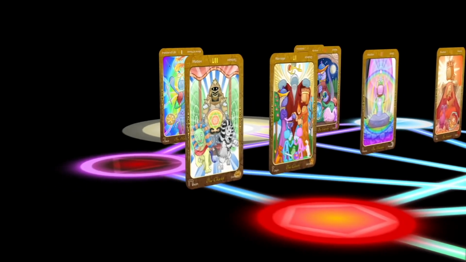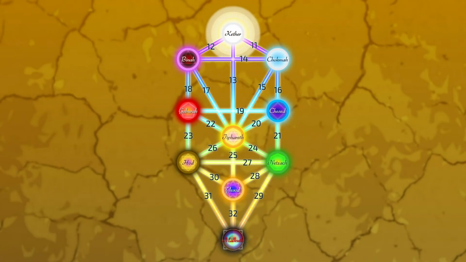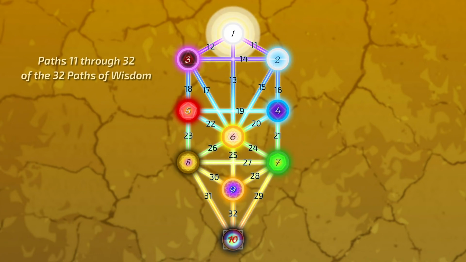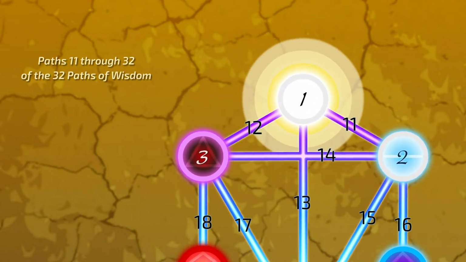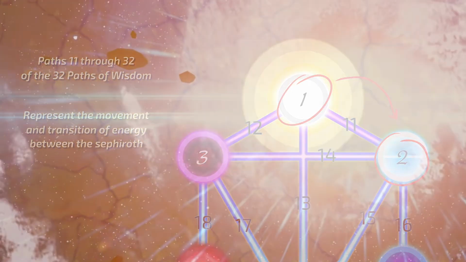On the Tree of Life, there are 22 pathways drawn between the 10 Sefirot. In the Sefer Yetzirah, the most ancient text available on Jewish esotericism, these are described as the remaining 22 paths in the 32 paths of wisdom, which follow the 10 Sefirot. When looking at these pathways, they represent the active movement of energy from one Sefirah to another. For example, the path between Keter and Hokmah is seen in essence as pure formlessness moving into the first emanation